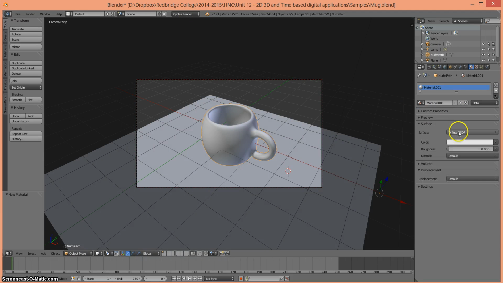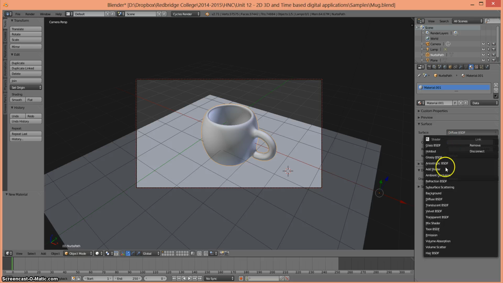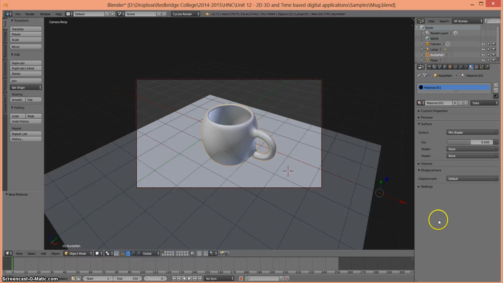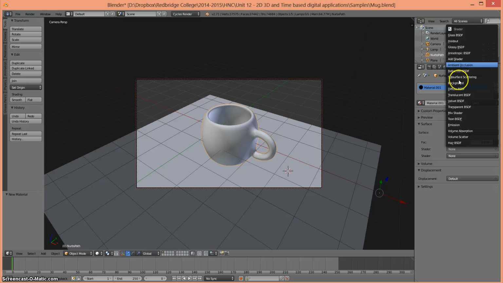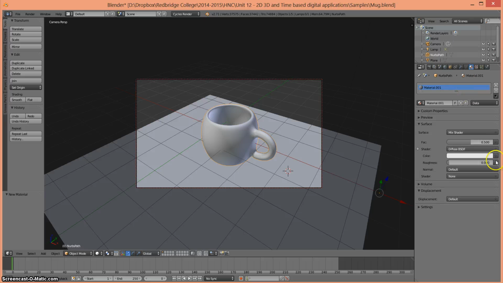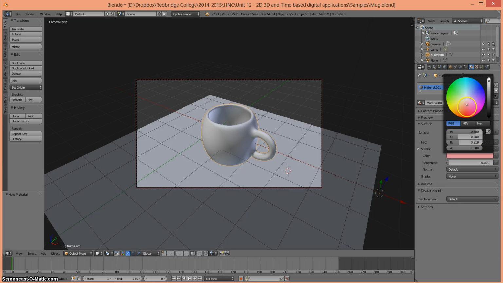Okay, so use nodes. What we're going to do is go to mix shader. So we're going to mix it up. Okay, for the first shader, I'm going to change that to diffuse. Going to change the color there as well. So let's just say I want a blue mug at the moment, so I'm going to just pick a blue